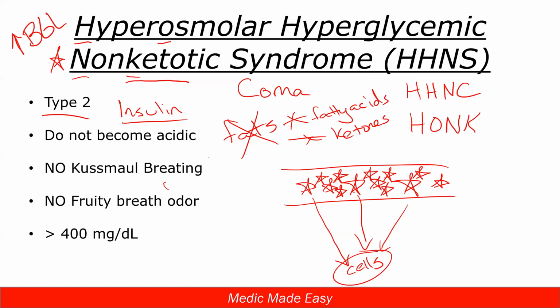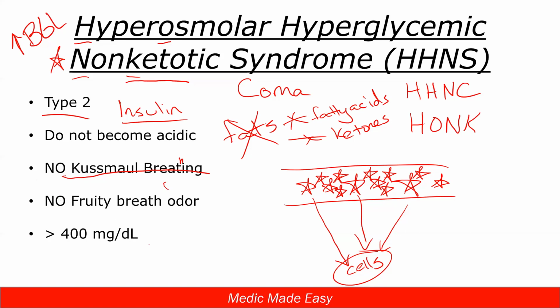And then because we're not acidic, we're not going to have that deep, rapid Kussmaul breathing. That Kussmaul deep, rapid respiration was specifically to deal with the fact that we were acidic. We were acidic because we were breaking down fats and making those fatty acids and waste product acids. So we're not breaking down fat, so we don't get any of those acids. It means we're not acidic, so we're not going to result in that Kussmaul breathing. You may or may not have a fruity odor on the breath. It says no here. You may not have it, you may have it. So a little bit of a step off of that one.